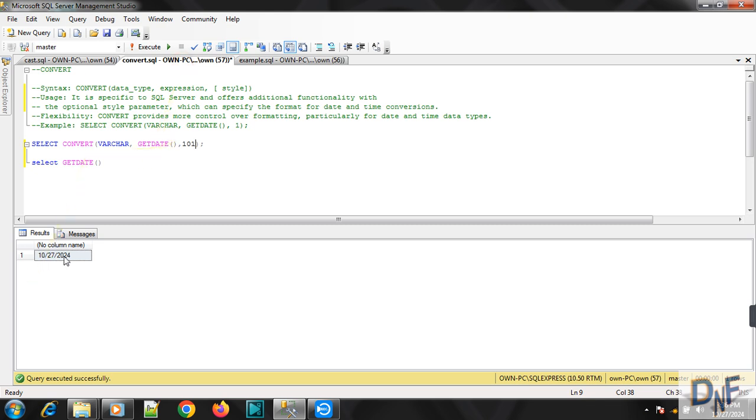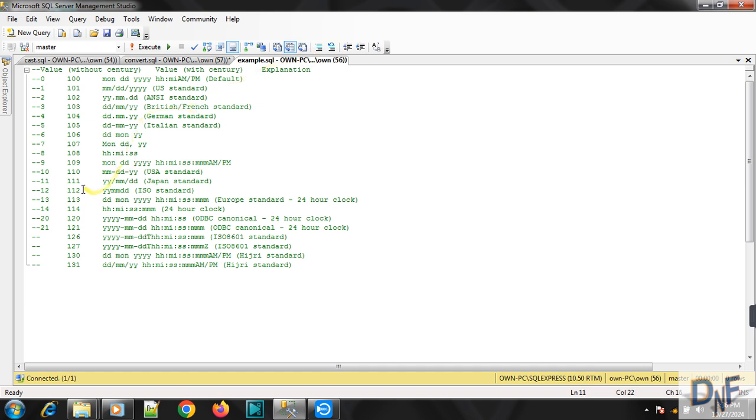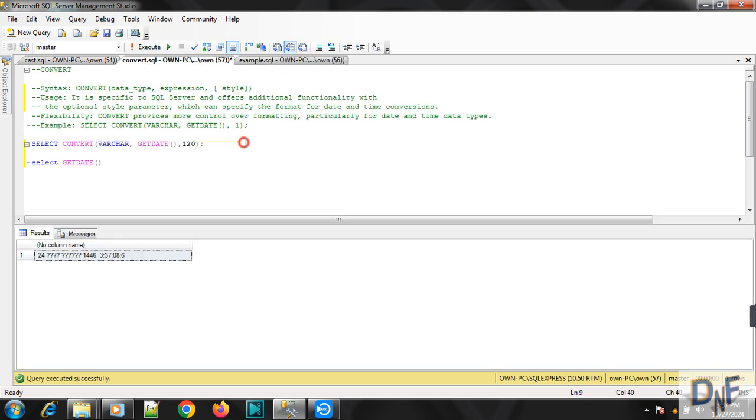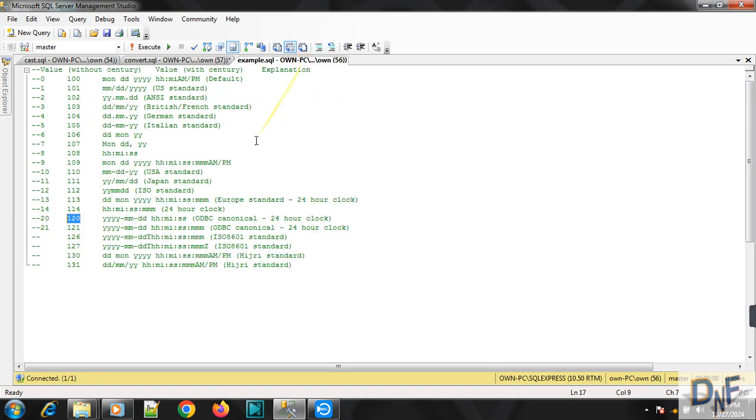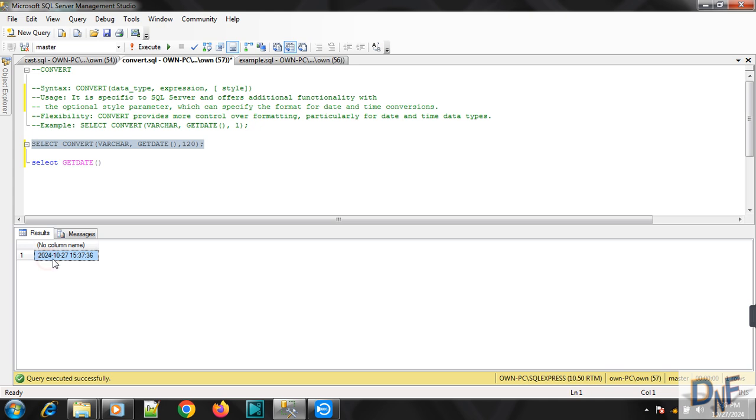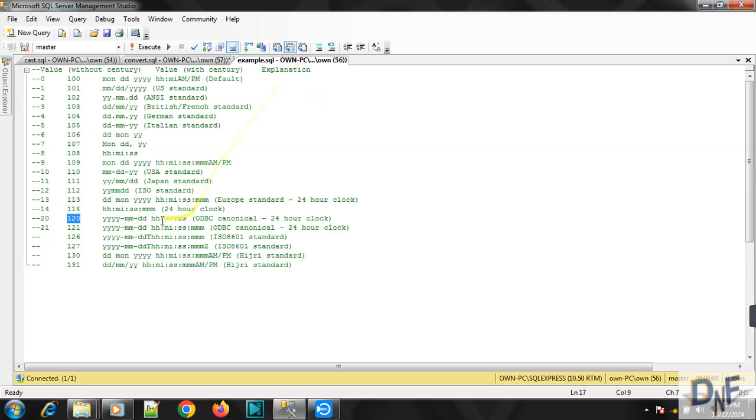Today is the 27th. If you put 120, what value is it giving? See, the same value: year, month and date and time. This is the time. If you put some other style, it gives the value accordingly.